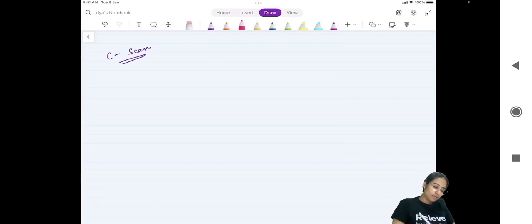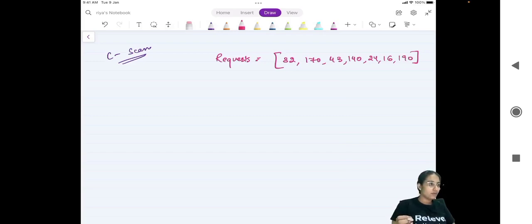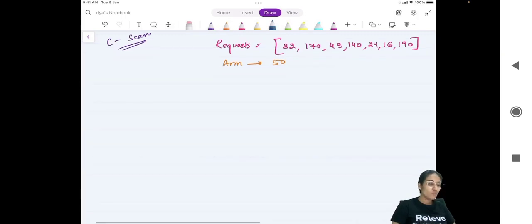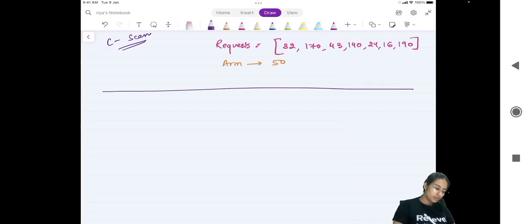So what all requests did we have? We are going to take the same ones which we have already, which was 82, 170, 43, 140, 16, 190. Okay. And here the arm is basically at, let's say, 50. Okay. And here what we are doing is we are always moving towards the larger value. So here if it is something like this, 0,